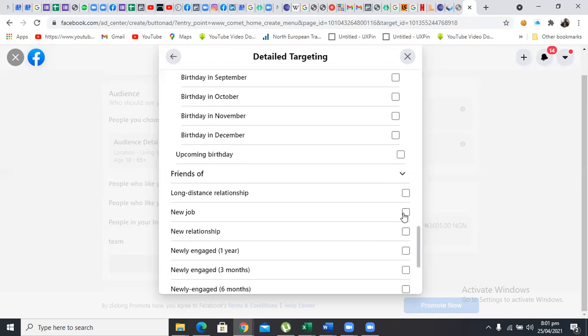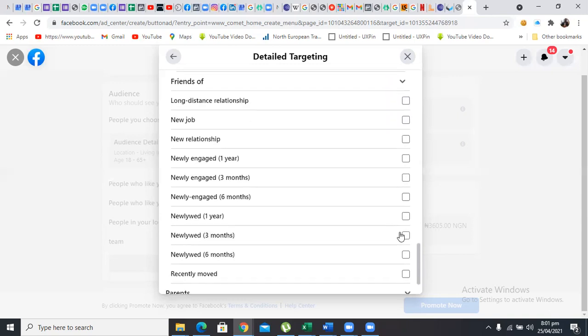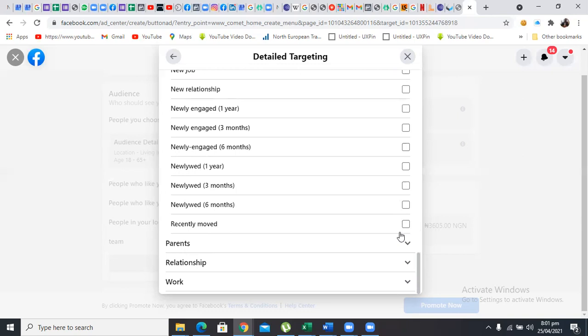You want to spend money because they got a new job, they are into a new relationship, especially people that are into a new relationship. If the person is a bad person, sorry to say, the person will want to change. So they want to do everything to probably get the attention, to make their spouse or their friend see that they are very, very good. So they want to buy things to spoil the person, newly engaged, a whole lot. There's a lot that you can do here.